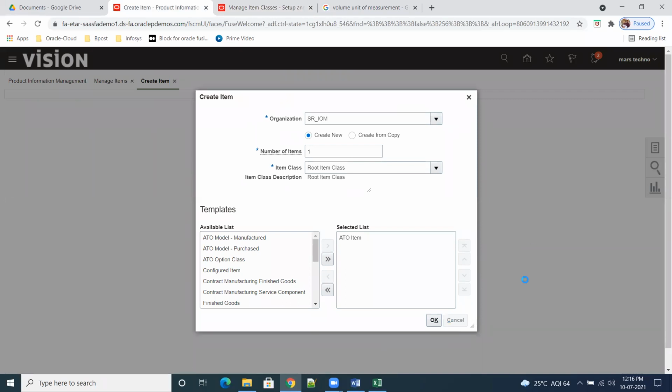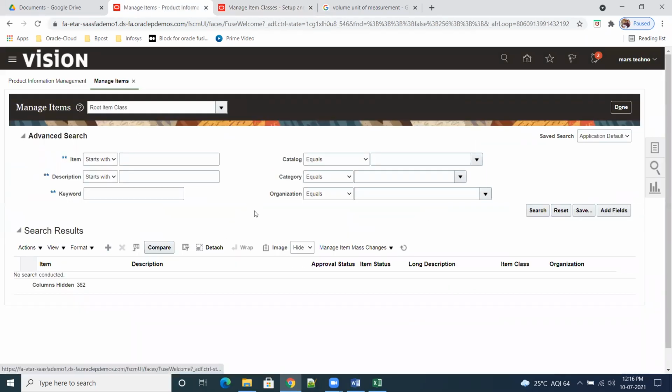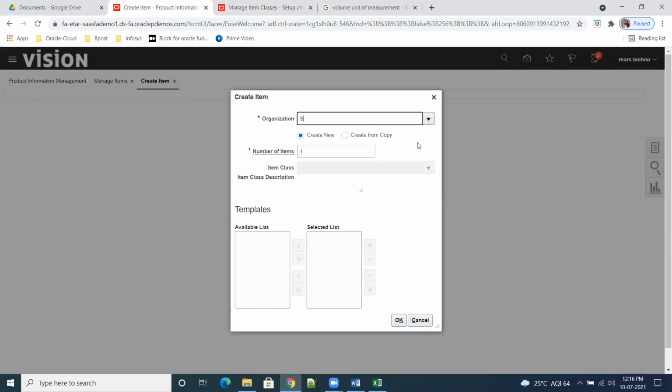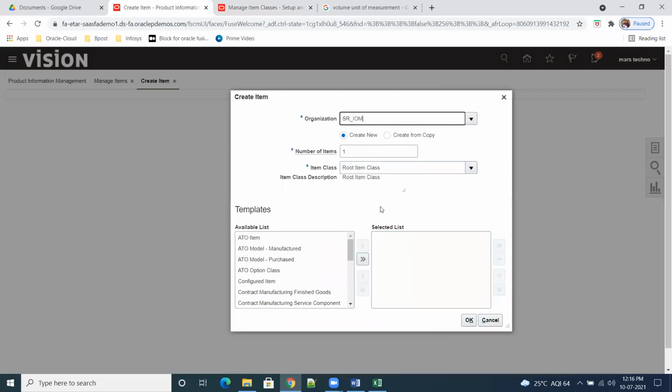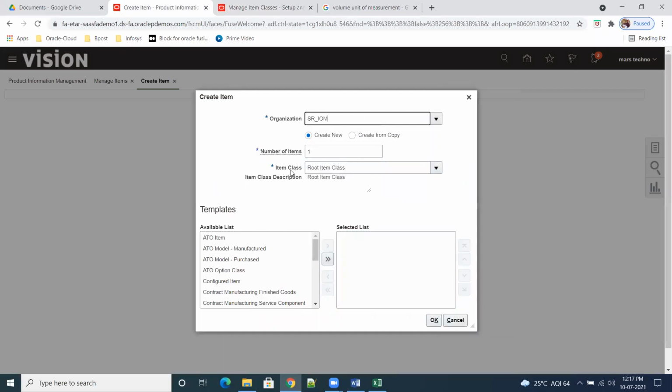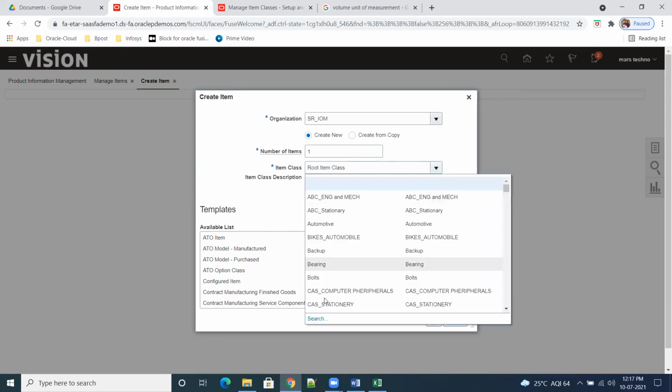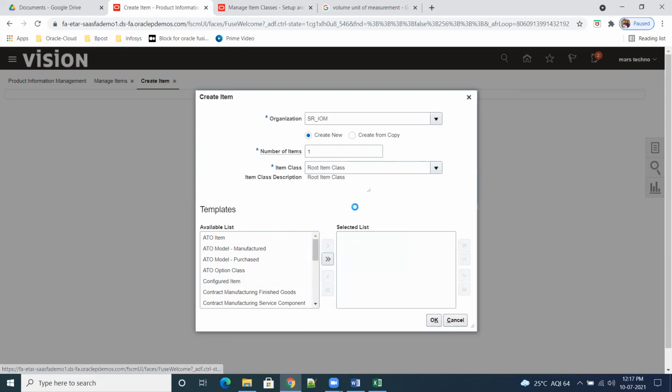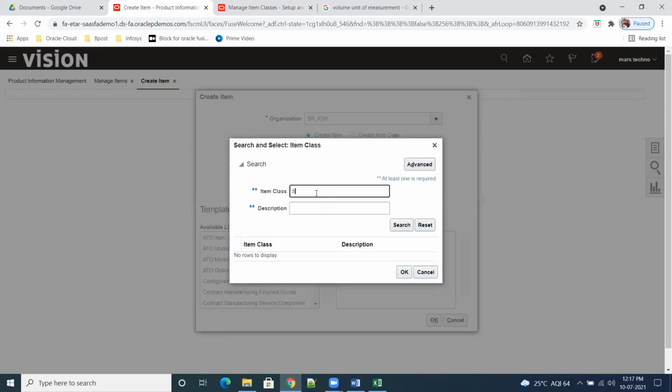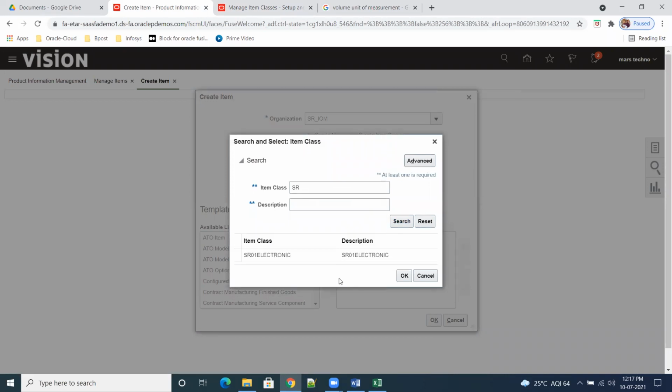Cancel it. Click on plus again. SR underscore IOM. See here we have to select your class. What is the class? SR01 electronics.